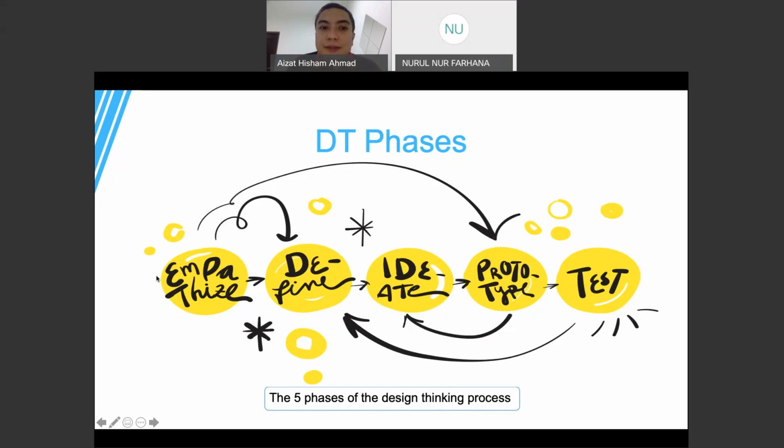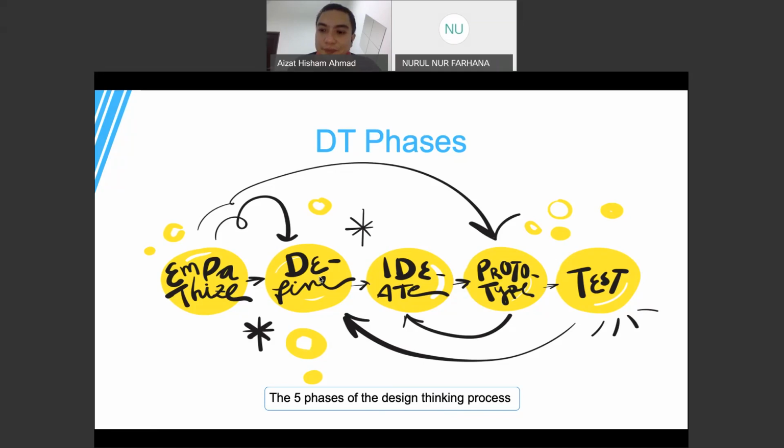Okay, so you start with empathizing, you start to understand the customer's problems, and then you define what they are. At the define process is when you have to interview, or you have to sit down multiple times with your user to understand their specifications or their requirements. And usually this define phase in design thinking is the hardest. Again, like I said, even in research, data collection is also a tough step. And when you define, you want to get to the bottom of the issue or the problem.